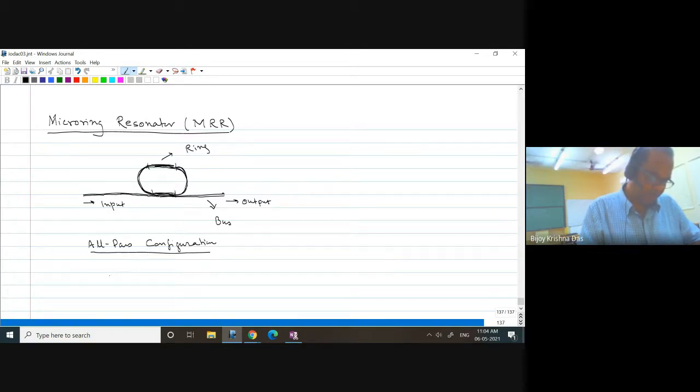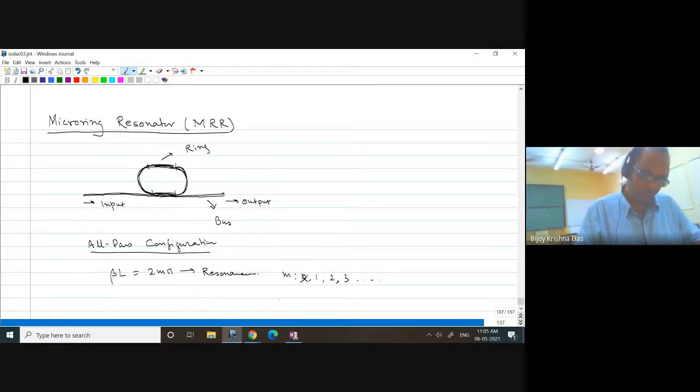And we have shown that when beta L, where L is the perimeter, equals 2m pi, that actually corresponds to the resonance condition. So m is an integer. That means m can be 0, 1, 2, and so on, integer, but not 0. It should start from 1 basically, because beta L cannot be 0. One round trip phase cannot be 0. So it should be 2 pi and then 4 pi and so on. So that is actually the resonance condition.